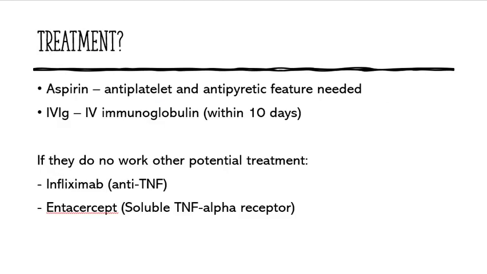What in terms of treatment do we do? In terms of treatment, we're looking at giving aspirin or IV immunoglobulins, and if they do not work, then you can have these other potential treatments. But at this point in time, you've potentially diagnosed it and given the treatment that you needed to give. Then it comes up to the pediatric registrars, because this is quite a rare complication, and there are a lot of other complications to deal with. You would want to escalate to a pediatric registrar or a consultant who will be better able to help you understand this condition better and treat it better.